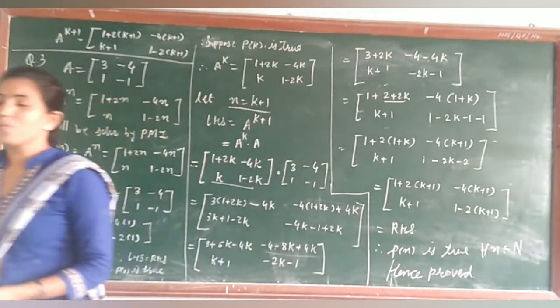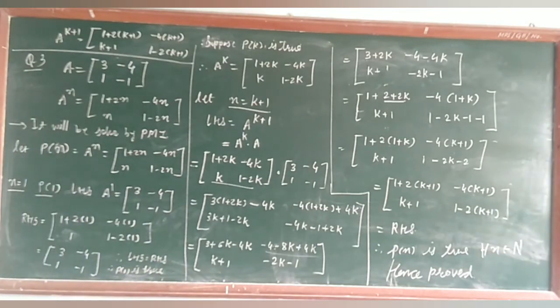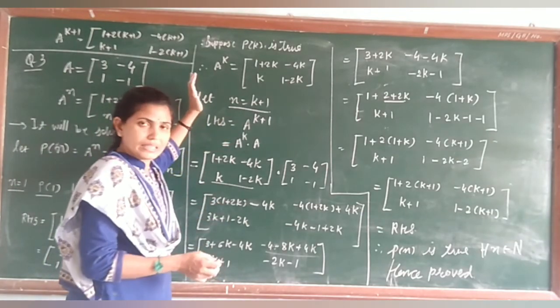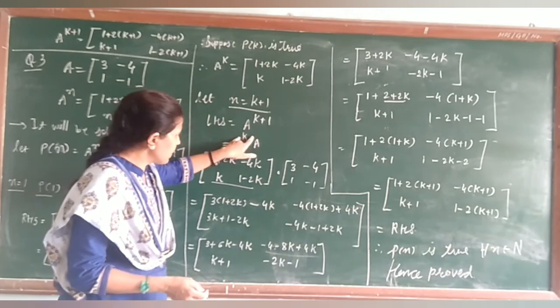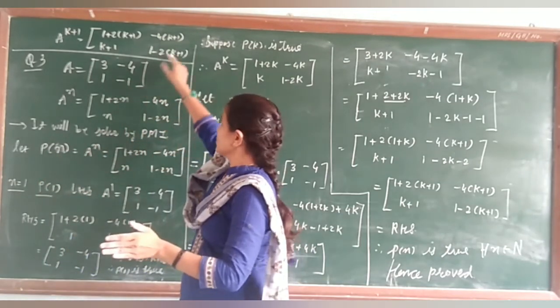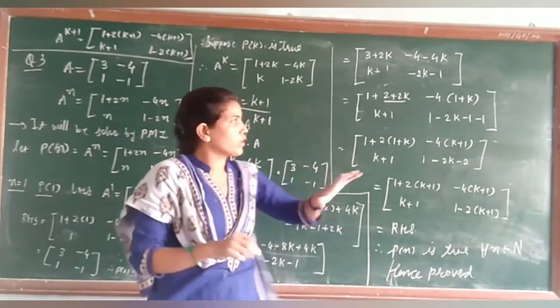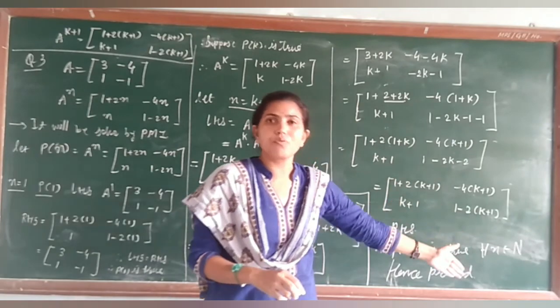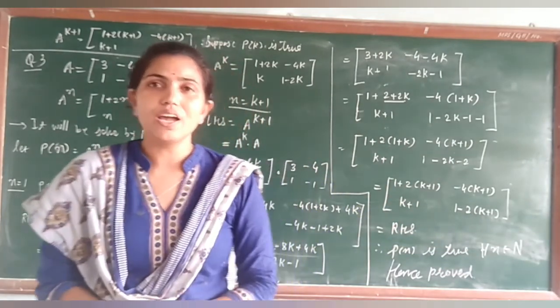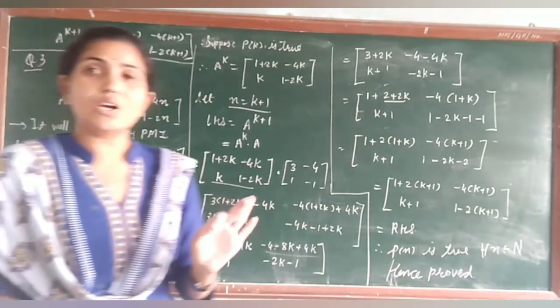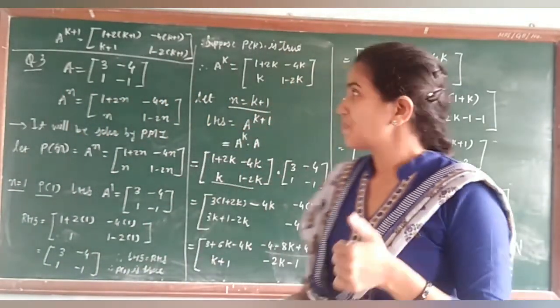Okay students, I hope you easily understood this question. Nothing special, as we did in class 11, similarly just do the third part, that is for k plus 1 multiply. Complete the multiplication properly first and then see what your RHS is, and according to that do the adjustment. Okay, and you can see the result to be proved is given to you. So today only 2 questions for you, question number 1 and 3. Solve question number 2 by yourself.